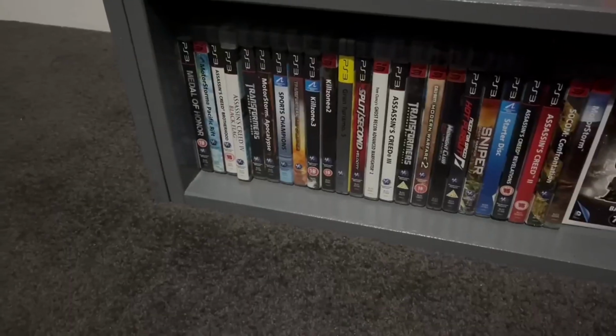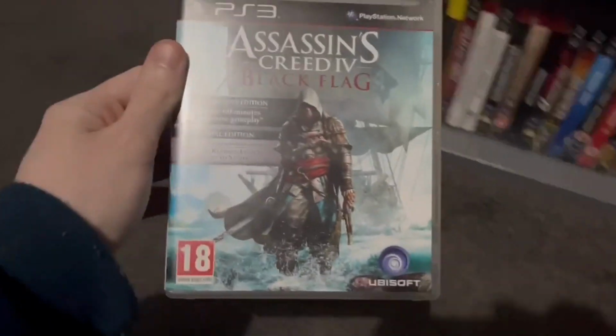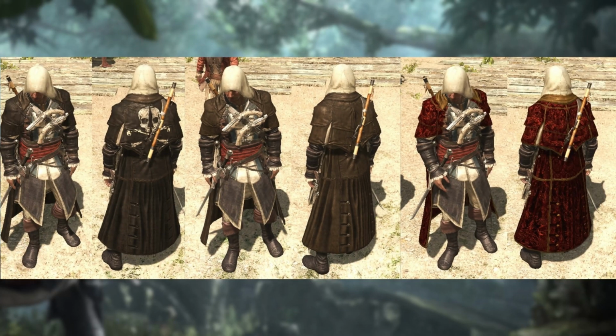Now when I first bought the game in 2013, I got the special edition which came with a different cover art for Edward in front of the Jackdaw wearing a very nifty cloak, and I was thrilled to find out that this cloak was in the game. In fact, there are three. The brown, crimson and pirate cloaks add a massive leather cloak over Edward's assassin robes,